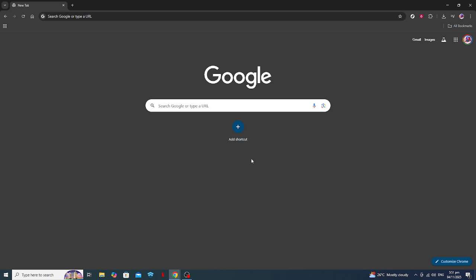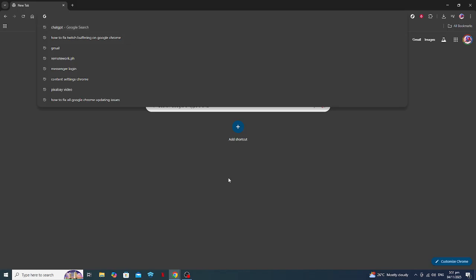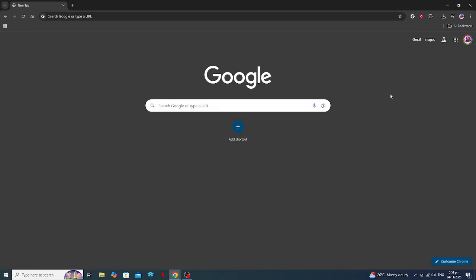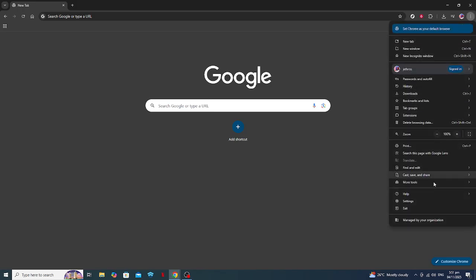Next, restart your router. Unplug your router from the power source, wait around 10 to 15 seconds, and then plug it back in. This reset can often clear up temporary connectivity issues that might be causing buffering. While you're at it, ensure that any automatic updates or downloads are paused, as these can consume bandwidth, leaving less